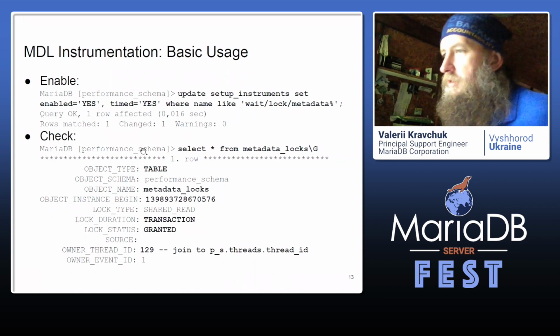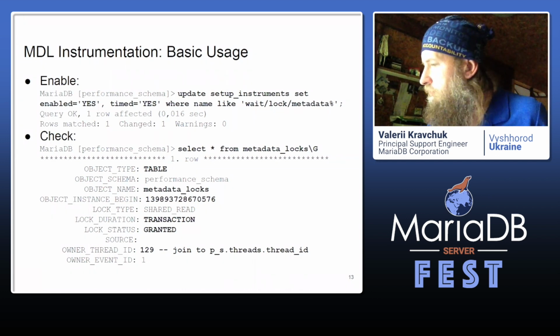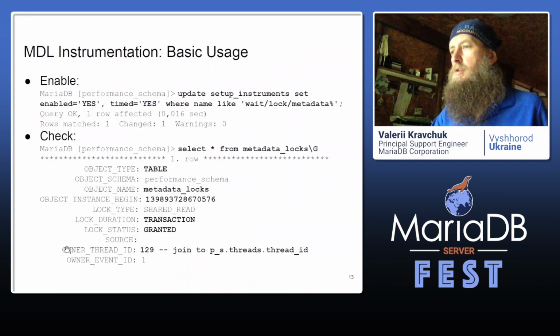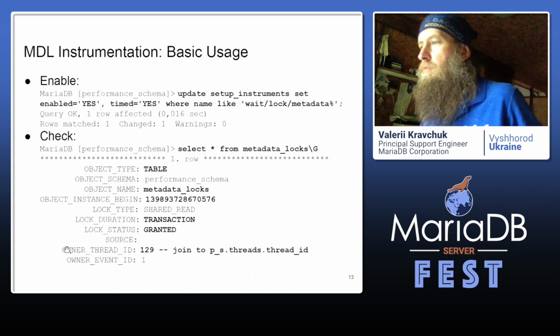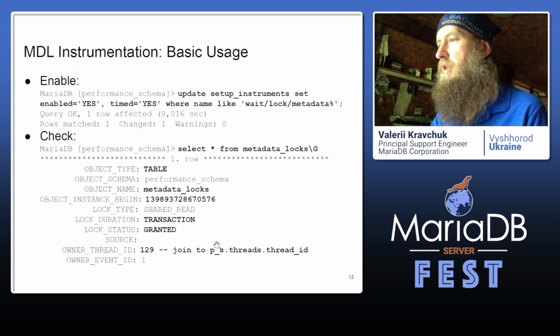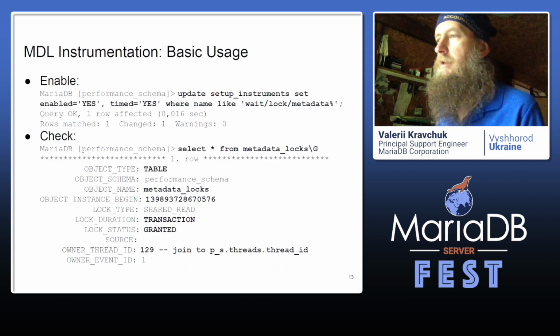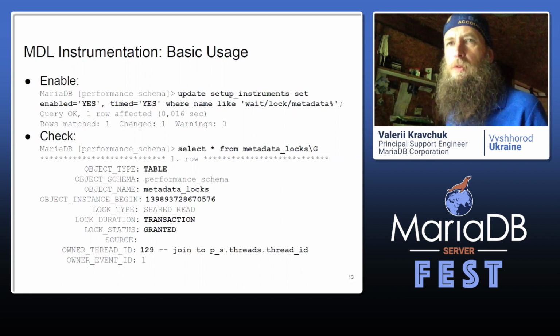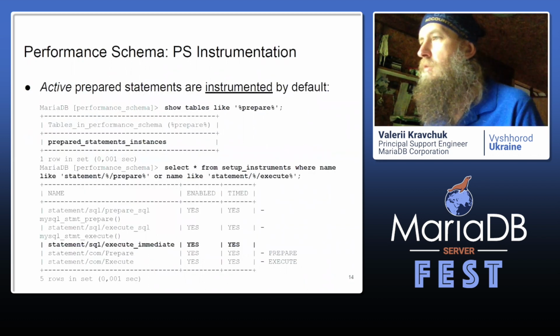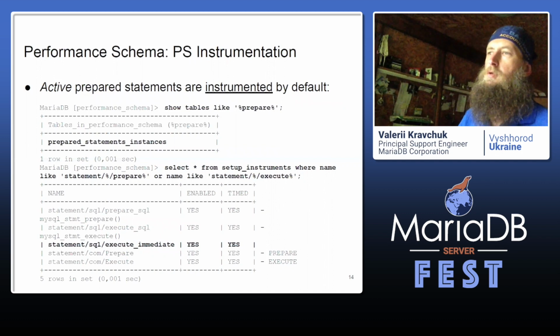It's all written on the slide, but I'm too lazy to just copy paste. So the important thing here is that if you want to find out which user connection had set the metadata lock, you have to join to the performance schema threads table on thread ID and check the process list ID there. I will not go into the details of what kinds of metadata locks exist. Nothing new was really added in 10.5 in this regard.